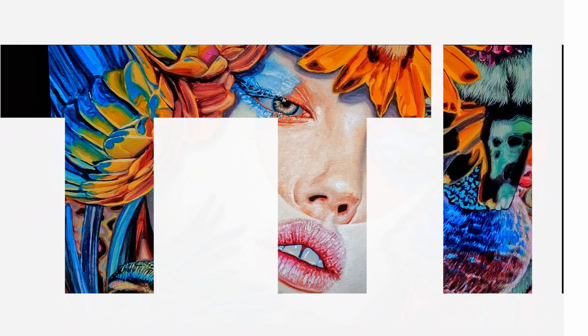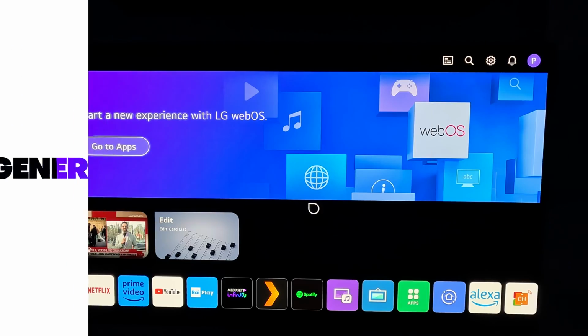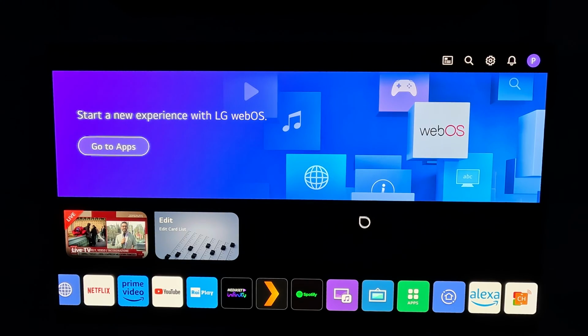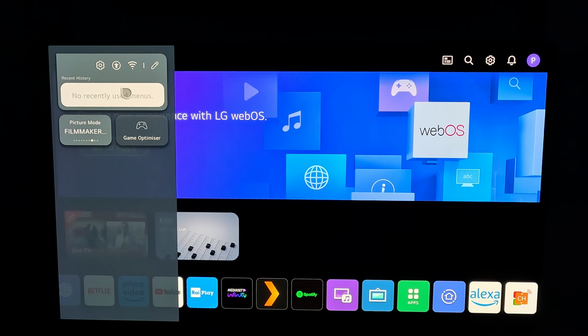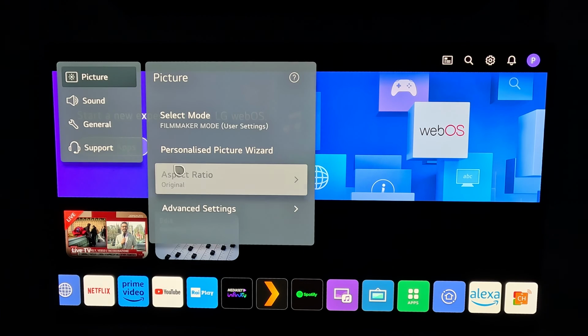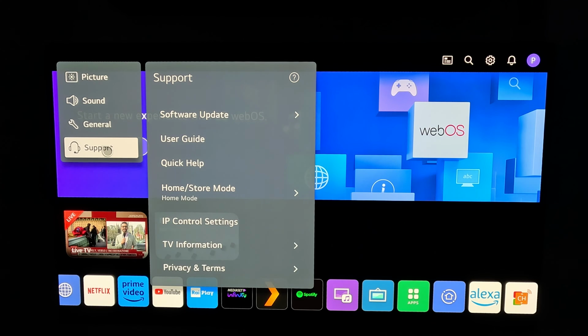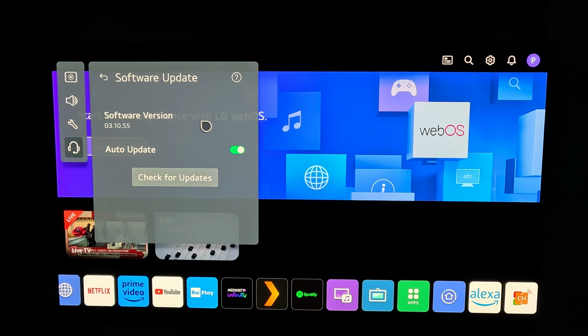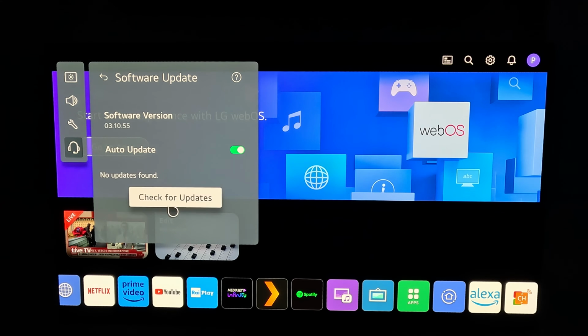Okay, as a first thing to do, as soon as you unbox your TV, go to the gear button. Then in the upper left corner, again gear button, go to the support category, software update, and be sure to update to the latest firmware. I currently tested the TV with the current firmware